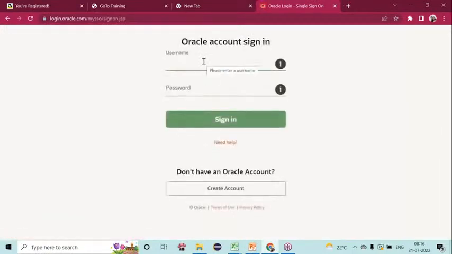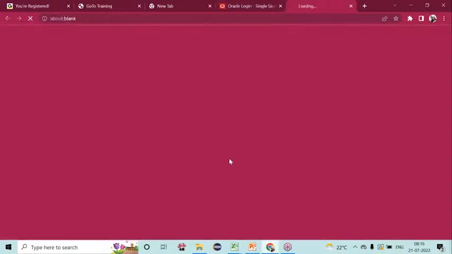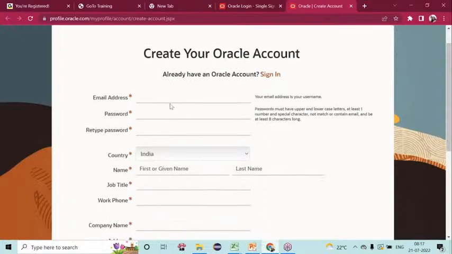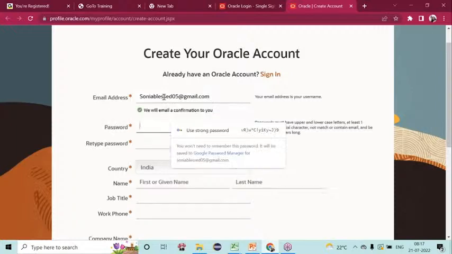So I think you don't have any Oracle account. First time you are trying to download, let's create an account, then it will allow the download. Wait. Don't click anything. You have opened a new tab. Okay, fine, no issues. So here, friends, all our star marks, all our mandatory fields need to be provided. So give a valid working email address, because you'll be getting a verification mail from Oracle for the confirmation